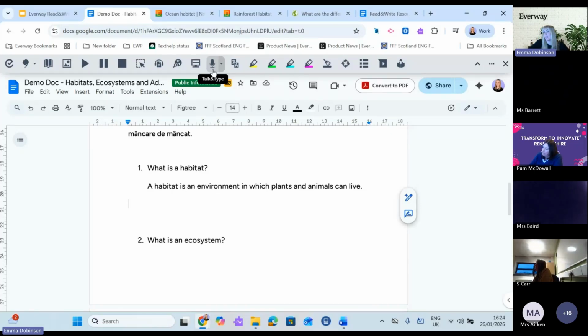And the answer's always the same, I didn't know how to write it, or I didn't know how to spell it, so I didn't use it. So in that way, sometimes we're not capturing what that child is fully capable of, and it's very hard for you as a teacher to evidence that they do actually have a really good vocabulary, but their actual writing challenges are holding them back. So what we can do is we can turn on talk and type,